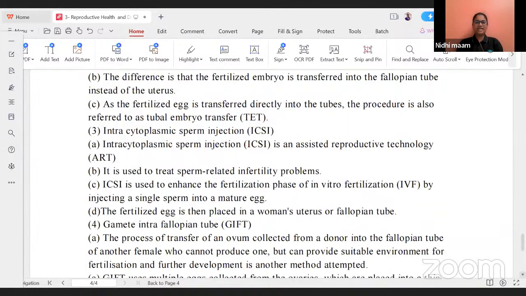After that, we have TET. What is this TET? As the fertilized egg is transferred directly into the tubes, the procedure is referred to as tubal embryo transfer. So the fertilized egg, for its culture and development to become a blastomere or to attain the 16-celled morula stage, will be transferred into the tubes, and that transfer is called tubal embryo transfer. Next,